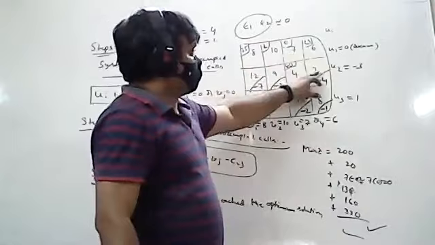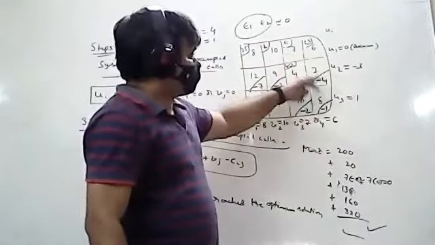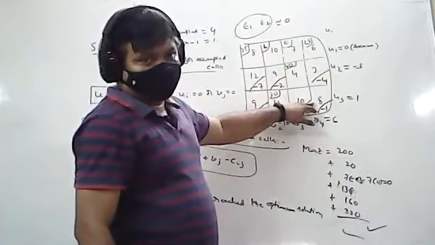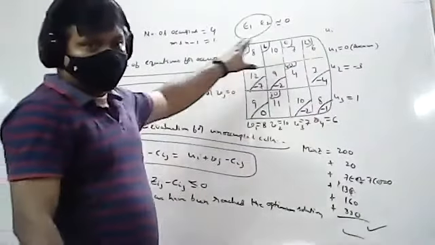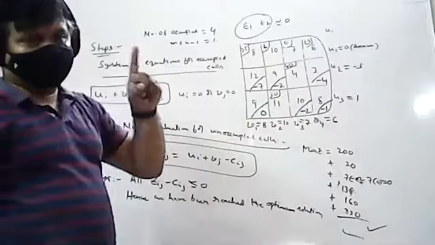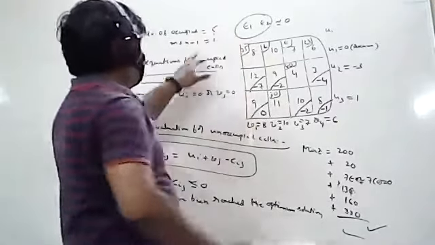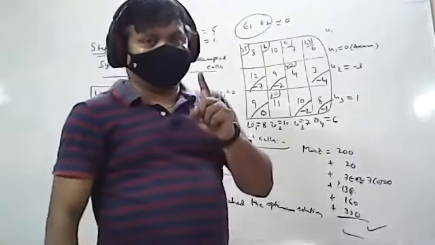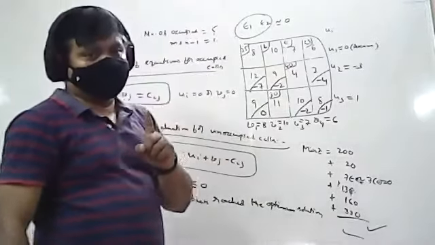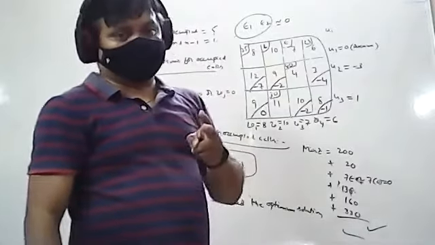Suppose the solution does not exist, and you are not identifying any u value or v value, you can shift to the next minimum element, like that. That type of problem we'll discuss in the next class. I hope you understood. One cell you got different. Number of occupied cells you got 5, and m plus n minus 1 equals 6. That means only one shortage. One shortage means one suitable independent position I have chosen. That is nothing but epsilon. If 2 shortages are there, then you can consider epsilon 1 and epsilon 2.